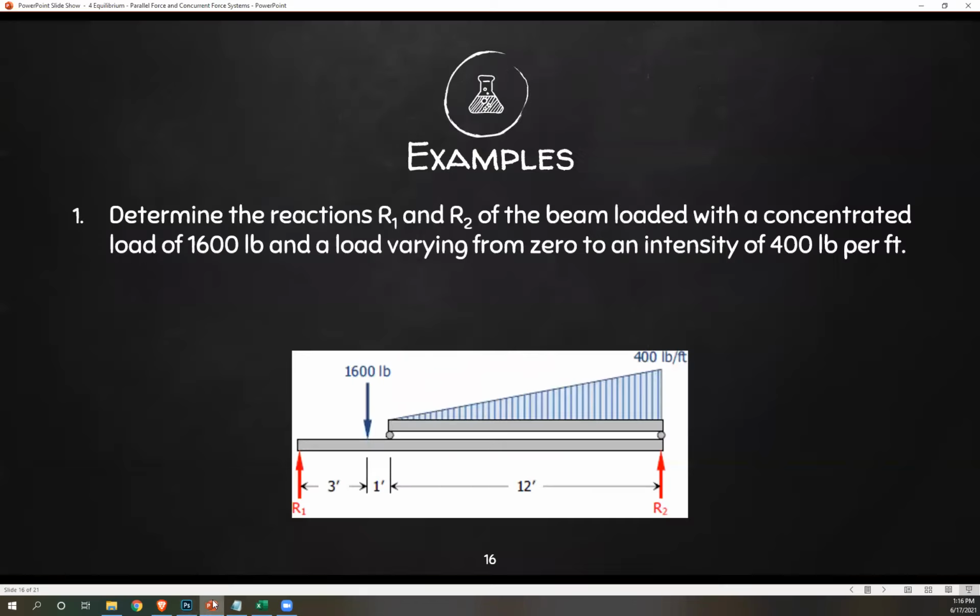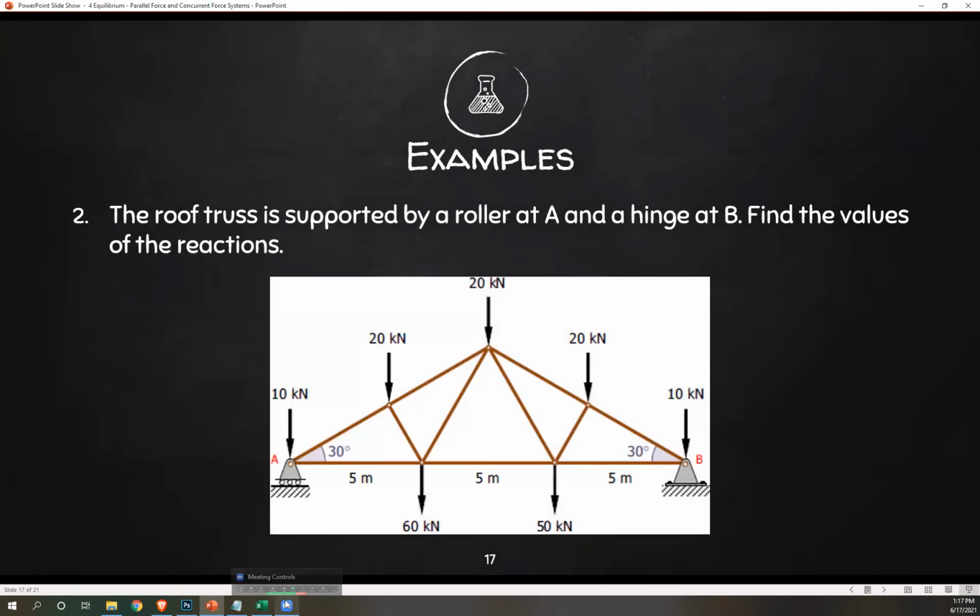And as you've noticed, it's a bit similar to one of your previous questions, right? So the roof truss is supported by a roller at A and a hinge at B. Find the values of the reactions. So in the resultant of parallel forces, what we solve for is resultant, right? Now, actually,